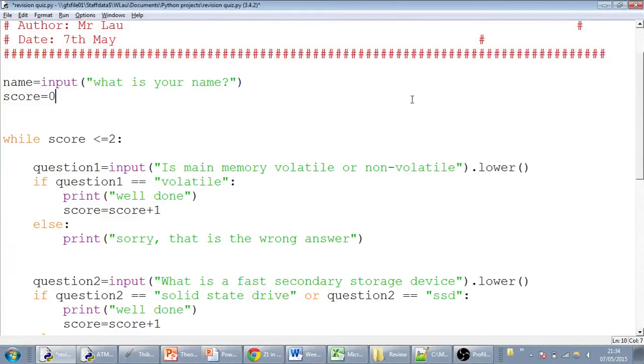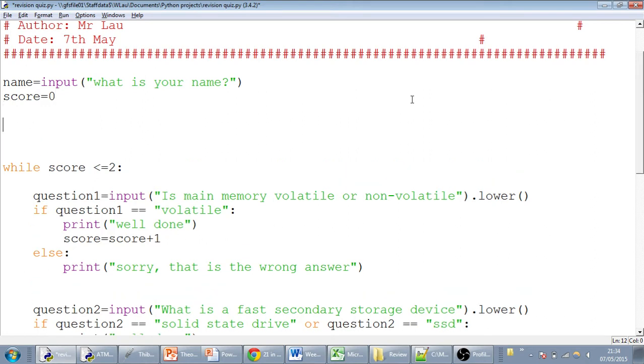Okay, so we've already looked at while loops. While loops are used when you don't know how many times a thing is going to take place. You may also want to do a for loop, so that's doing something over and over again. But a for loop is used when you know how many times you want something to take place. The classic example is when you're doing a countdown. So for example, if you want to do a countdown or a count up from 0 to 100, what we